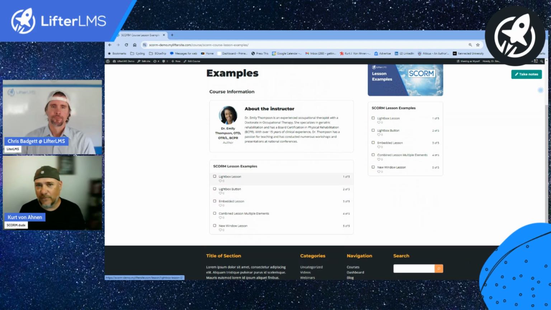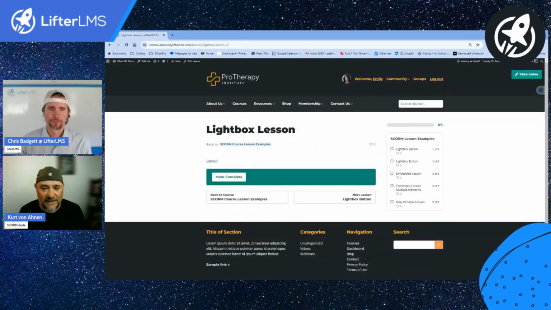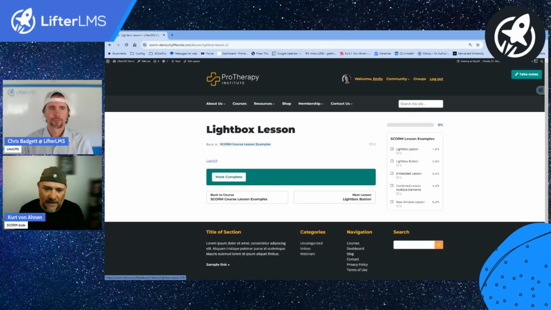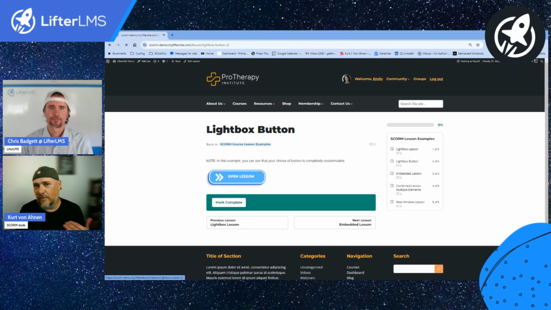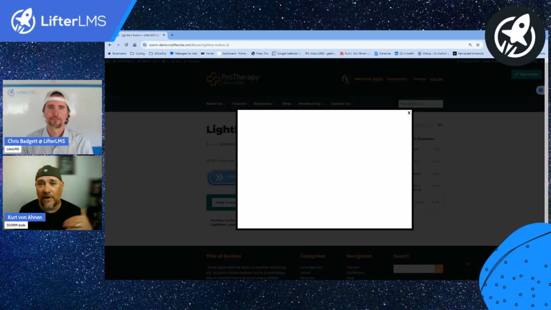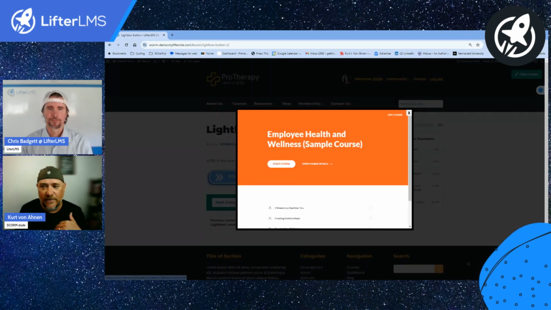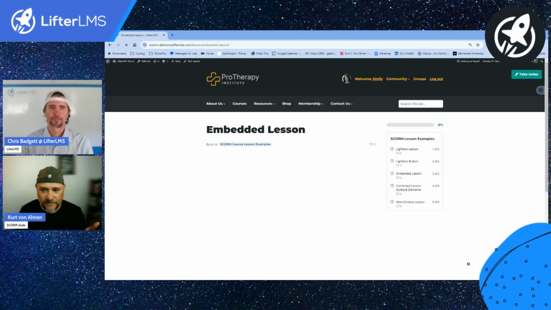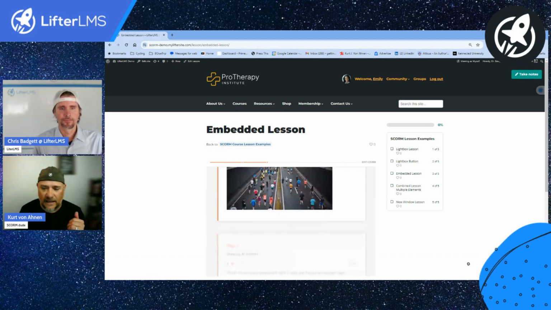So in this one, we've broken out a lightbox lesson. And again, this shows the same example. So we've got a lightbox. We decided to show you that you could open your lightboxes with a button. So you can customize whatever button you want to run in your site. And of course, that opens up the lightbox the same way. And then we have the embedded lesson. And then finally,